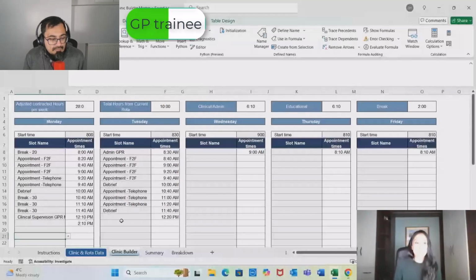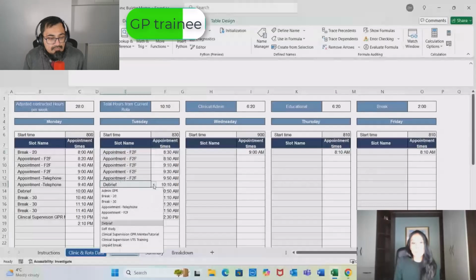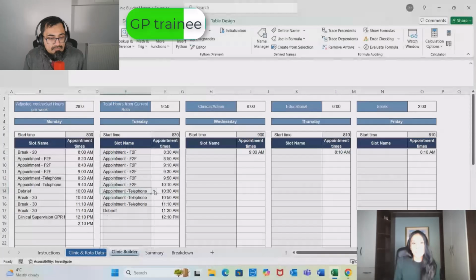The toolbars up at the top remind you of the number of hours they should be doing a week. At the moment, we've got them scheduled in for 10 hours in total on the Monday and Tuesday. They've got 6 hours of clinical and admin, 6 hours for educational and 2 hours for break. I know the rules change depending on how many hours each GP registrar works and their work pattern. But as you're building that, you can play around with it and give them more face-to-face, take out the debriefs. In fact, we could just run this trainee all day